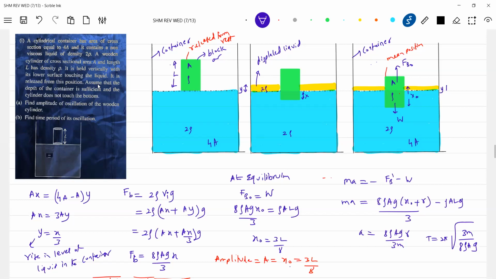What is m? I think I can write rho A L, no? Rho A gets cancelled, so this will be